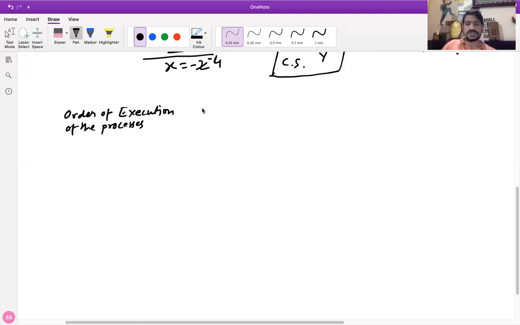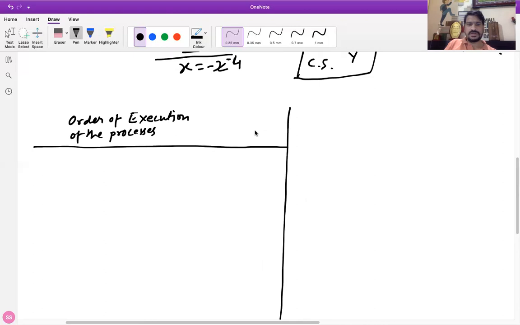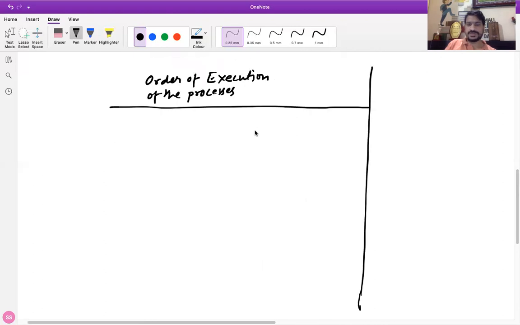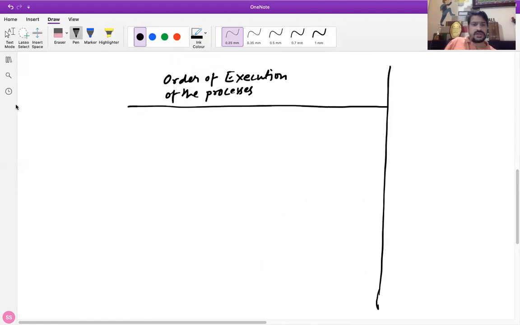Order of execution of processes. Can we make an order of the execution of the processes with the help of semaphore? The answer is yes, we can do that. So we'll see something related to this. What is that? Order of execution. Let's find it out. Now, what is the meaning of order of execution? The order of execution means that if we have, let's say, n number of processes, can we make the order